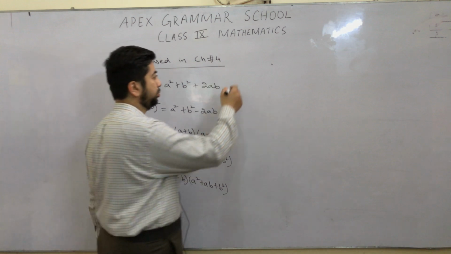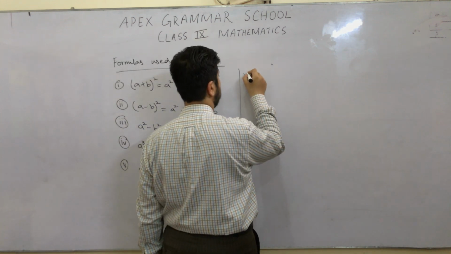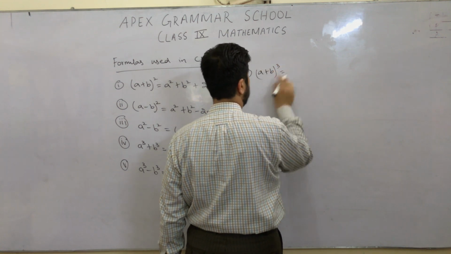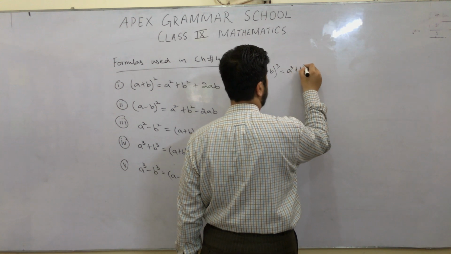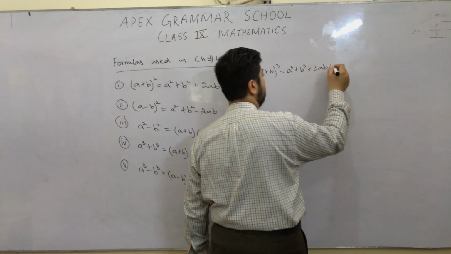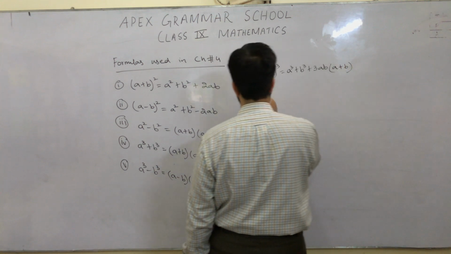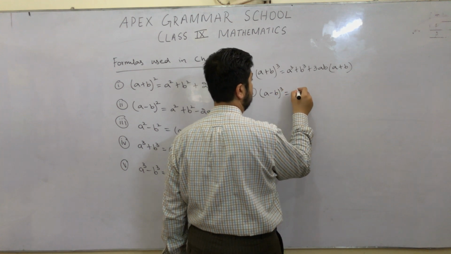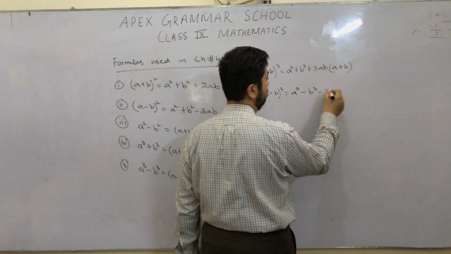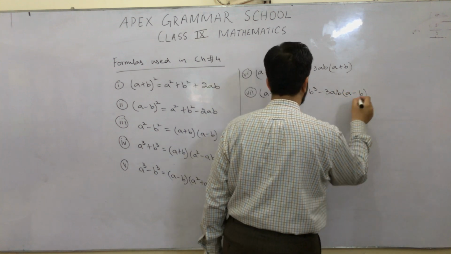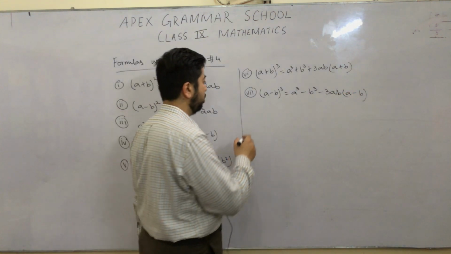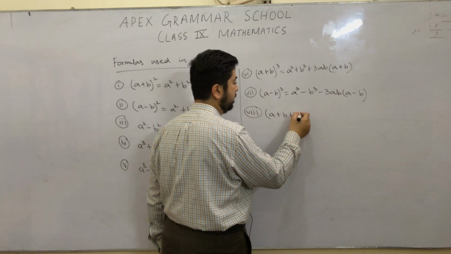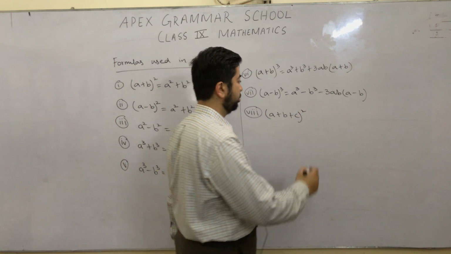The sixth formula, that is (a plus b) whole cube, is equal to a cube plus b cube plus 3ab into (a plus b). The seventh formula, it is (a minus b) whole cube, it is a cube minus b cube minus 3ab into (a minus b). The eighth formula, that is (a plus b plus c) whole square, is equal to